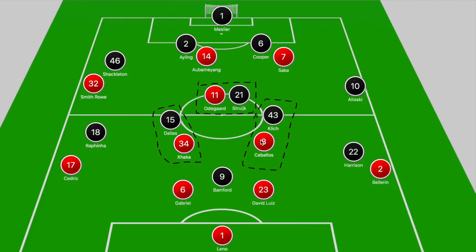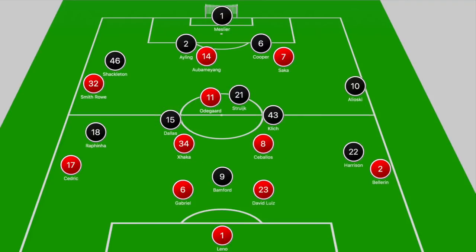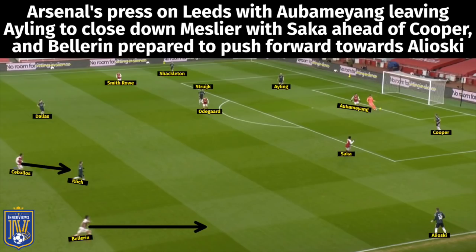That leaves Alioski free towards the left touchline, and Arteta simply had Bellerin push forward to the Leeds left back and David Luiz stepping towards Harrison. We did see some variations as to how Arsenal did look to go about their pressing. For example, here's a time where you had Aubameyang leaving Ayling to close down Meslier, with Saka ahead of Cooper